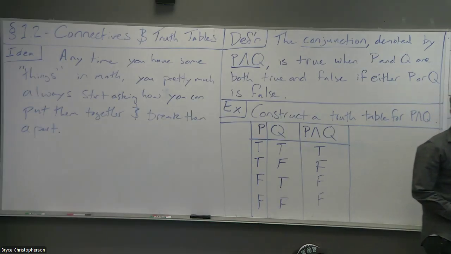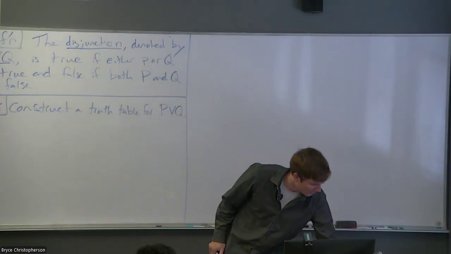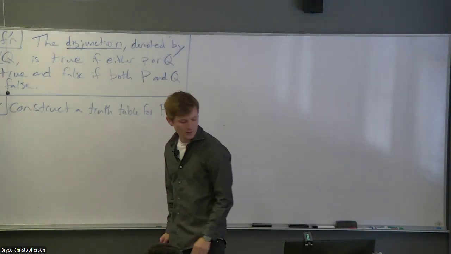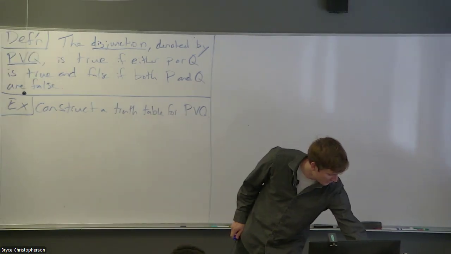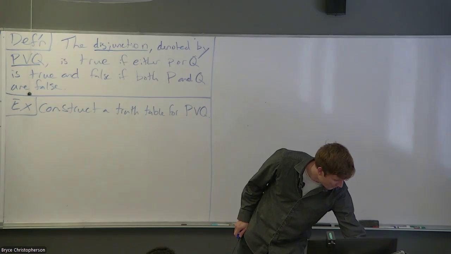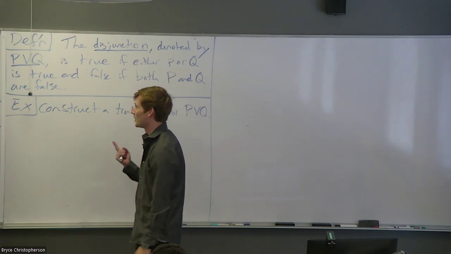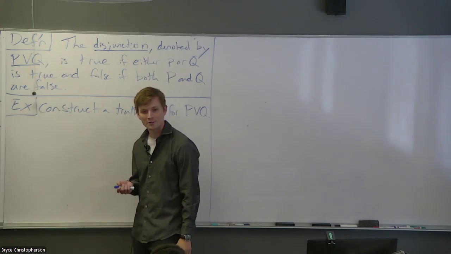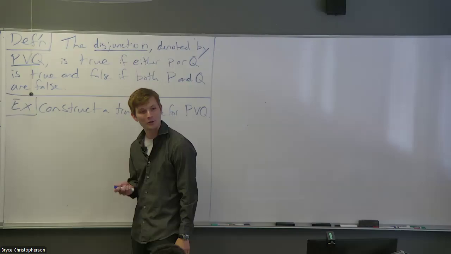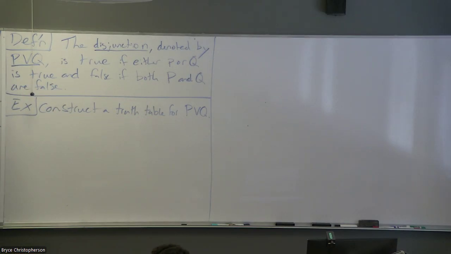But there's a little bit of ambiguity with or because the way we use or in standard English does not always correspond to the way we'll use it here. That is, we use or in two different ways that are inferred by context, right?